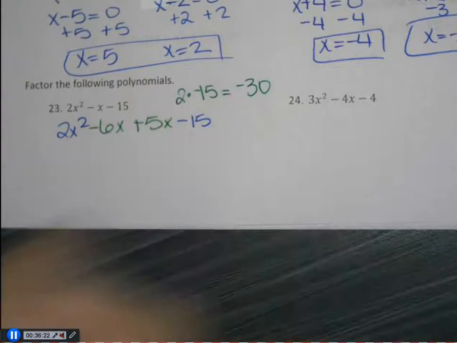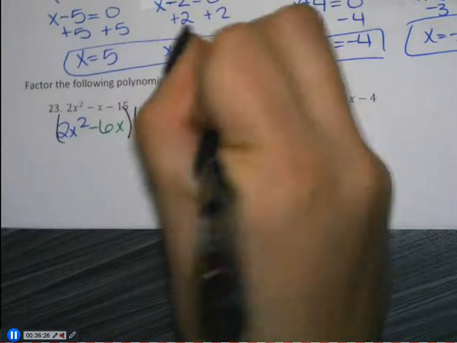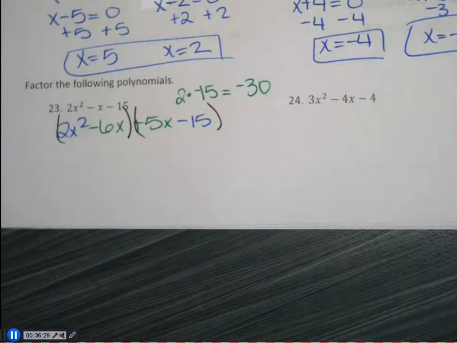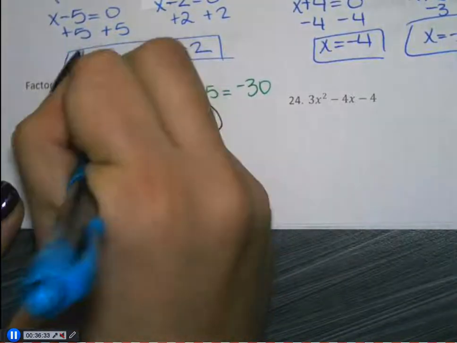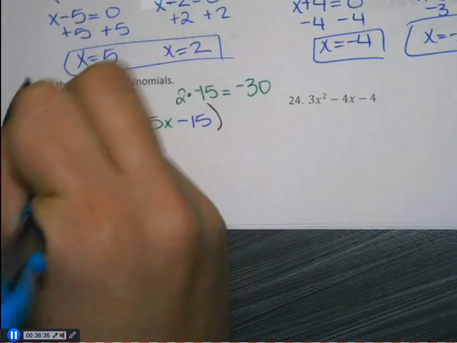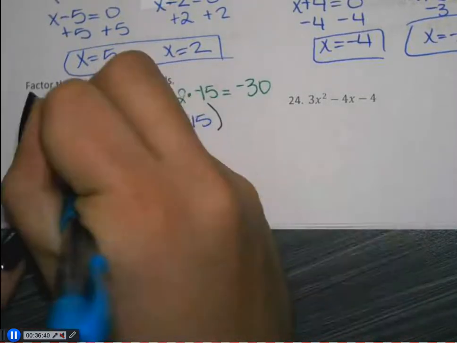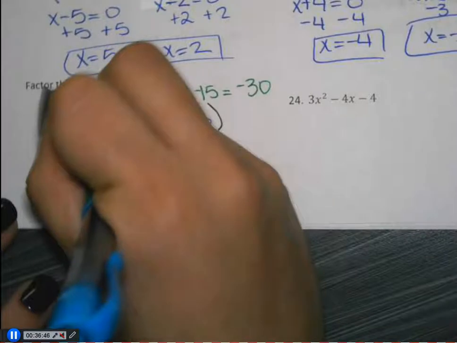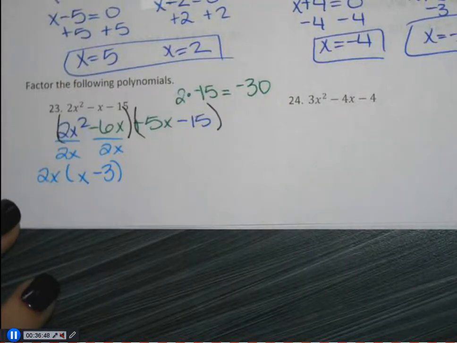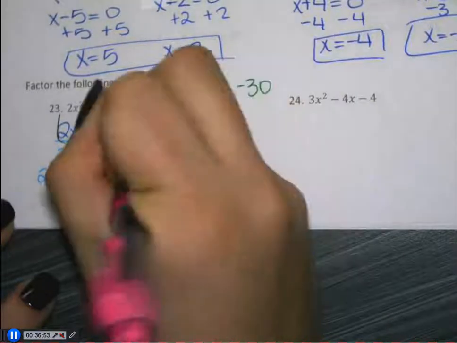Okay, so then I'm going to split into my two sets of parentheses, and I'm going to group them. What goes into both 2x squared and 6x? So on the outside of my parentheses, I write a 2x. 2x squared divided by 2x is just x, and negative 6x divided by 2x is minus 3. On the second set, what do I want to take out? 5. So 5x divided by 5 is x, and negative 15 divided by 5 is